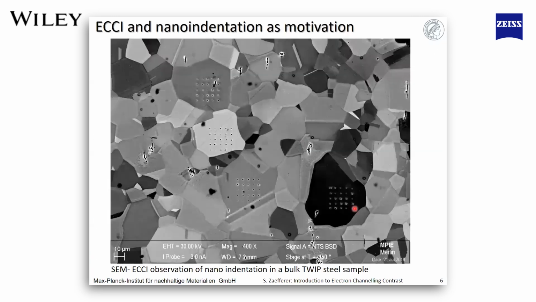This is a polycrystal of this TWIP steel, and you see many different crystals here. Some of these crystals have been indented, each one with 5 by 5 indentations, in order to make sure that we get the statistics of dislocation formation correct. So we can later on, after observing all 25 indents for different crystal orientations, see what are statistically, stochastically created dislocations